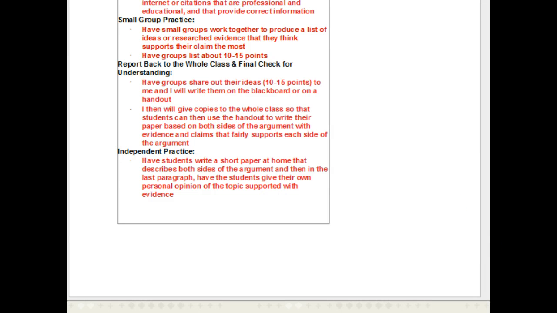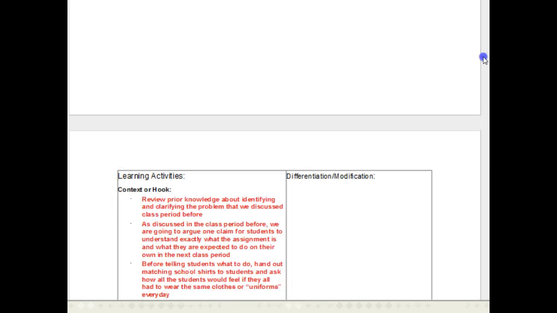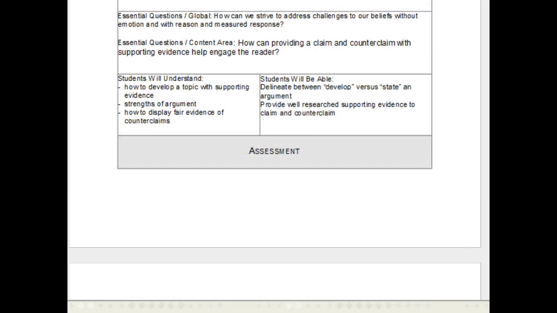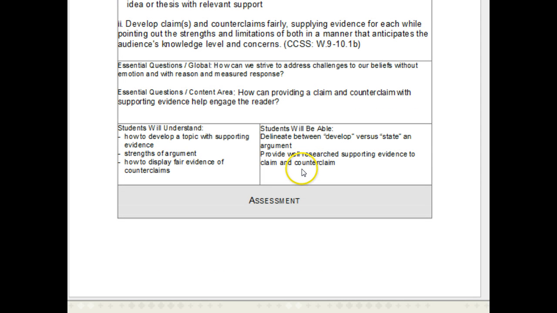And if that was the next piece to this, I would need to know about that, because up here, your evidence outcome says that they will be able to provide a claim and a counterclaim, but instead they're just summarizing data they gather and providing an opinion. And two, the evidence outcome here is develop a claim and counterclaim fully. And you didn't really address any refutation tactics with them. So I guess I got pretty confused in this lesson plan. And if there was an additional piece to the lesson plan, I would need to see it.